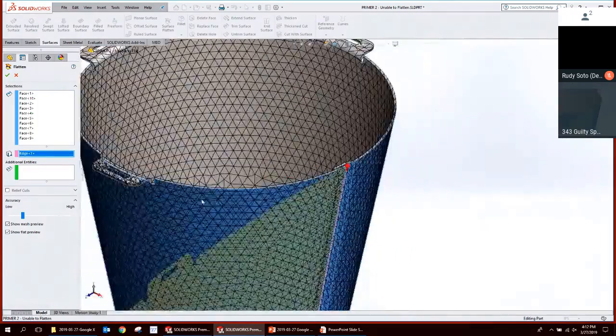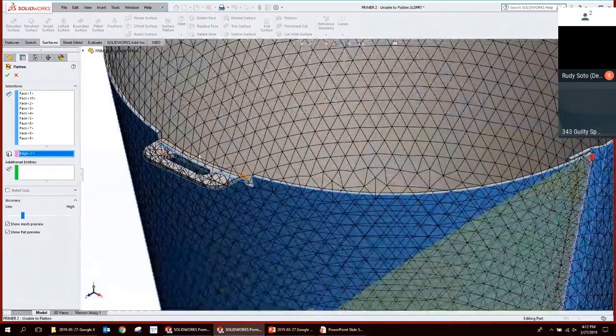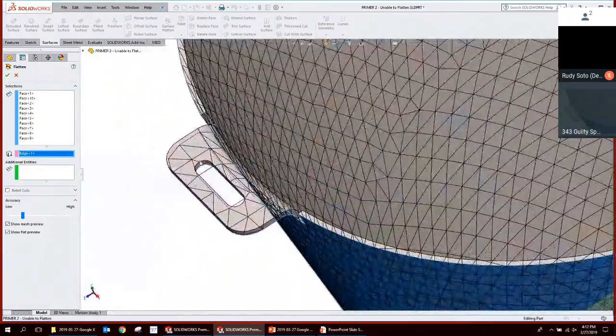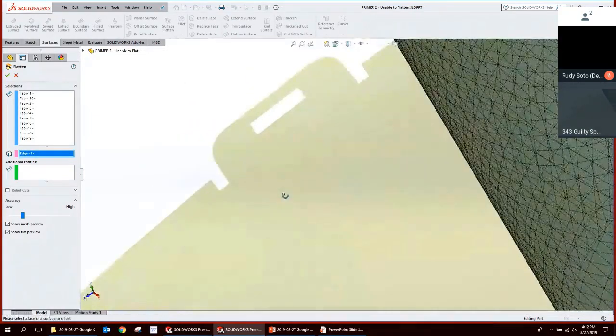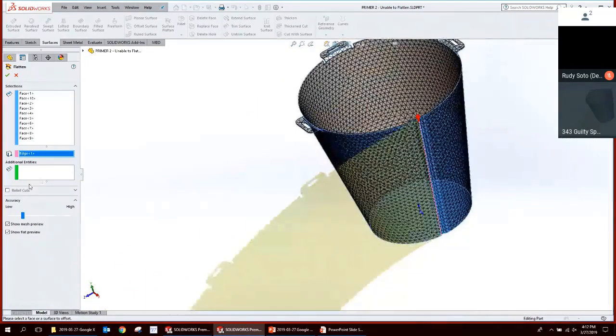Now the whole face is going to be meshed, and you can see that the size of the mesh triangles really isn't appropriate for these slotted holes here. So even in the preview of the flattened geometry, you can see these became rectangular. There's a mesh density here that you can drive up, and that's going to decrease the size of the triangles, and it's going to give you a better flattened result.